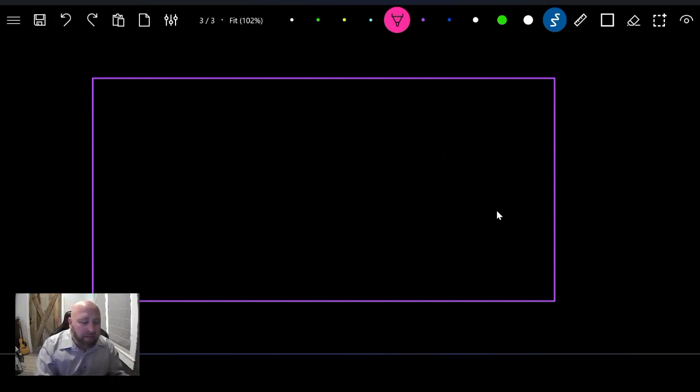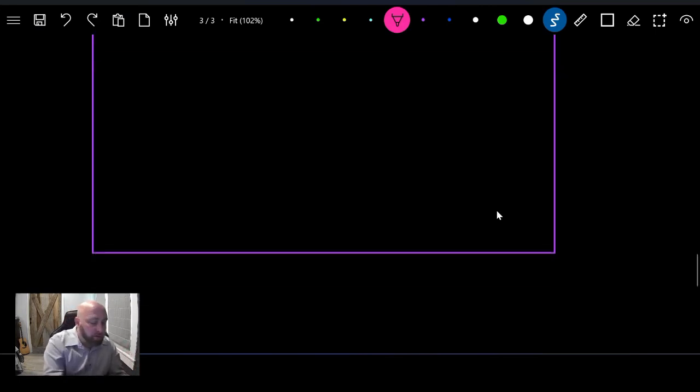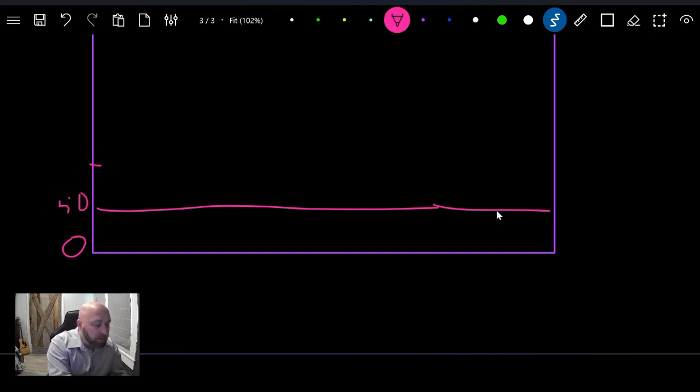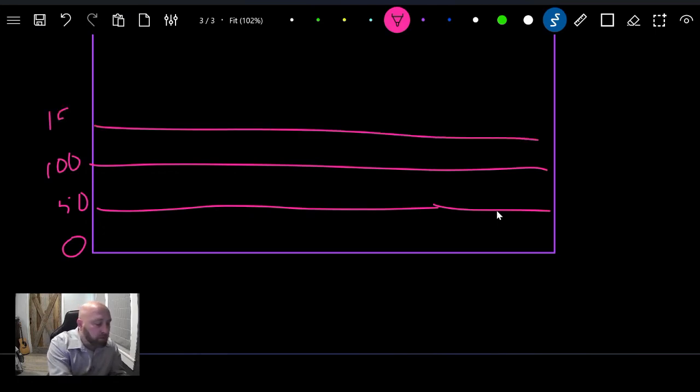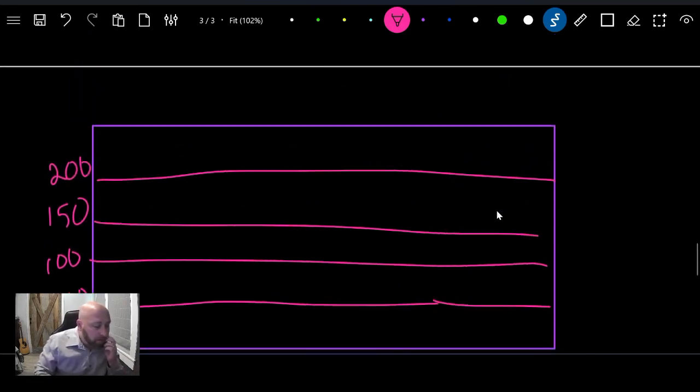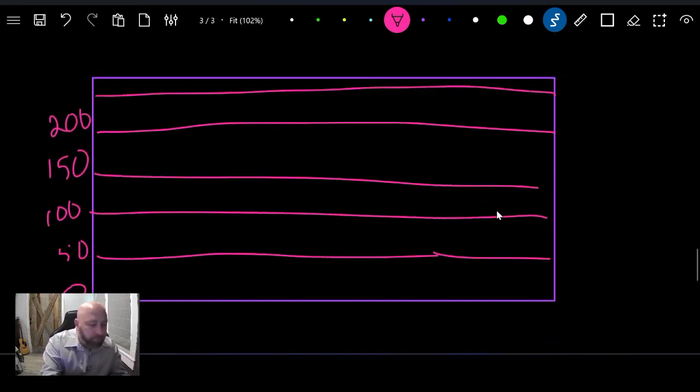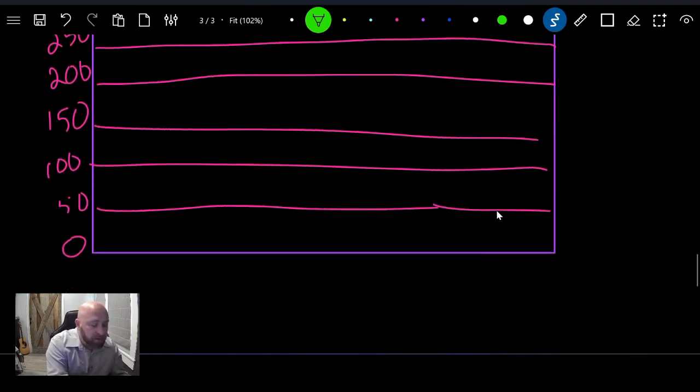So here's the idea. Let's say that our data was 60 and 100. You don't want to come over here to your graph and say, okay, this is going to be 0. This first line right here is going to be 50. This line right here is going to be 100. This line is going to be 150. You get the idea, right? This line right here is going to be 200, and then 250. Well, if my data point is 50 and 60,